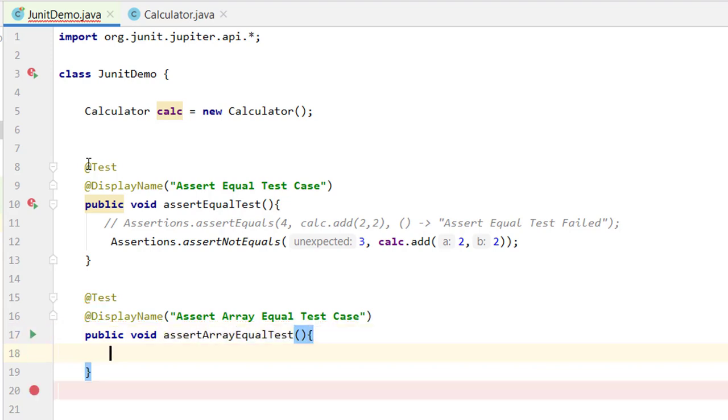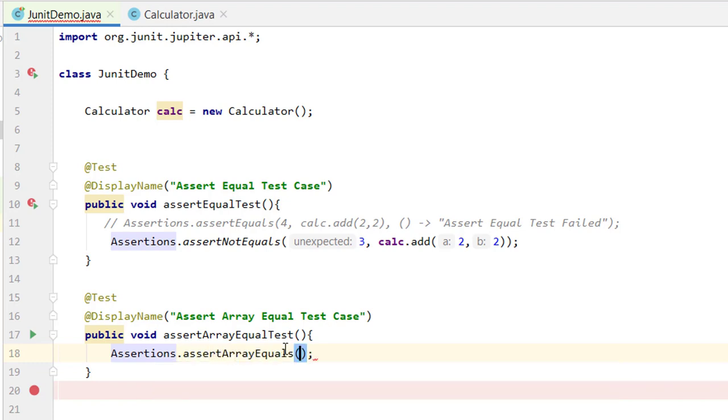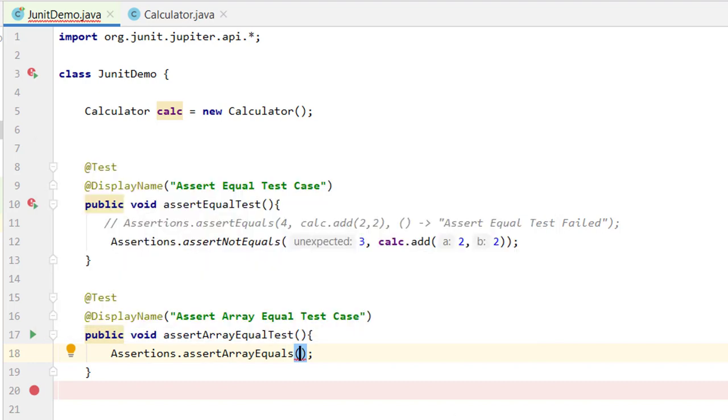So let us now see what assert array equals does. It is also an important function. Basically it will compare two arrays. In this method we can provide an array and then compare two arrays.